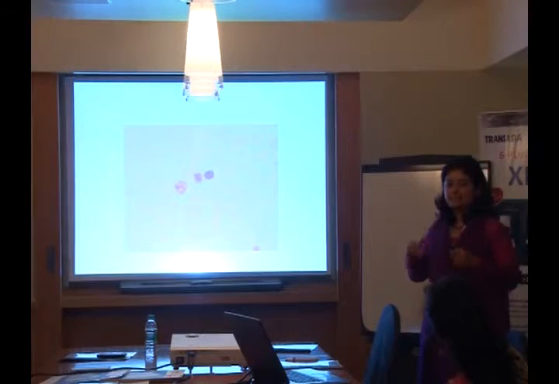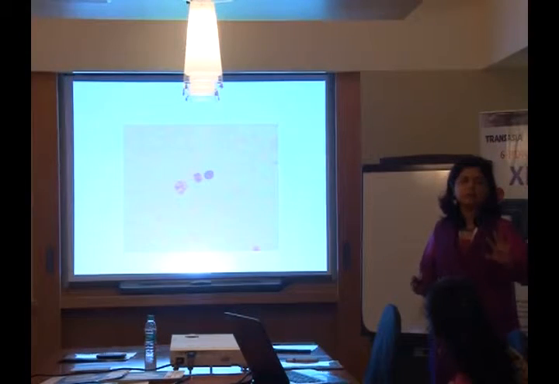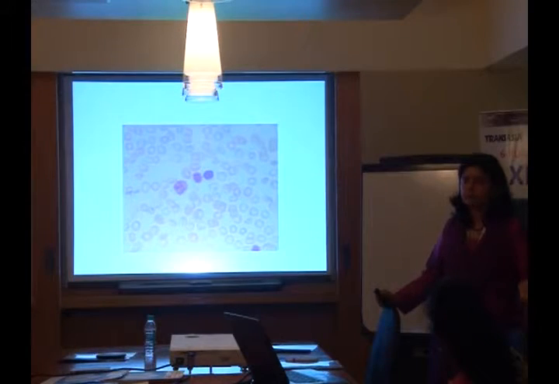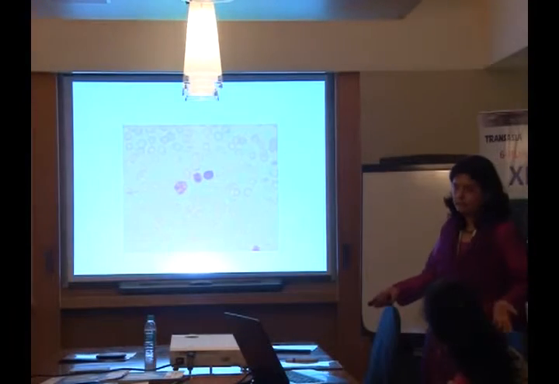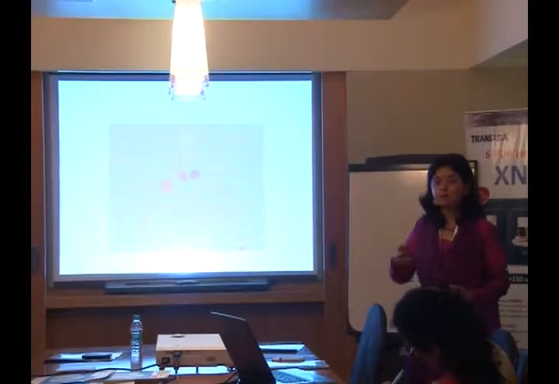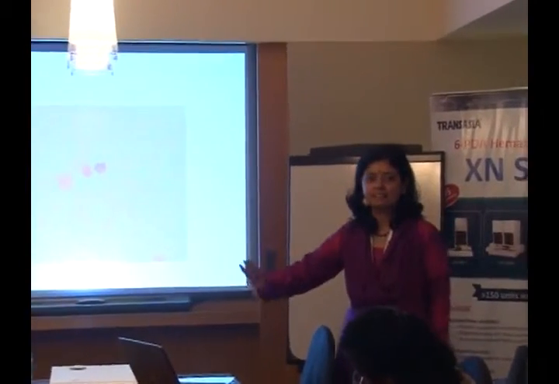Because being an NABL assessor, going everywhere and asking, have you established your own range, it was just out of interest, we said, let us see. So how do you establish normal ranges? You take from health check, or you ask your own staff to do it. But my own staff, I have bled them to death because for platelet aggregation, I always want 4 tubes from a staff. So I said, okay, we'll start taking from health check.